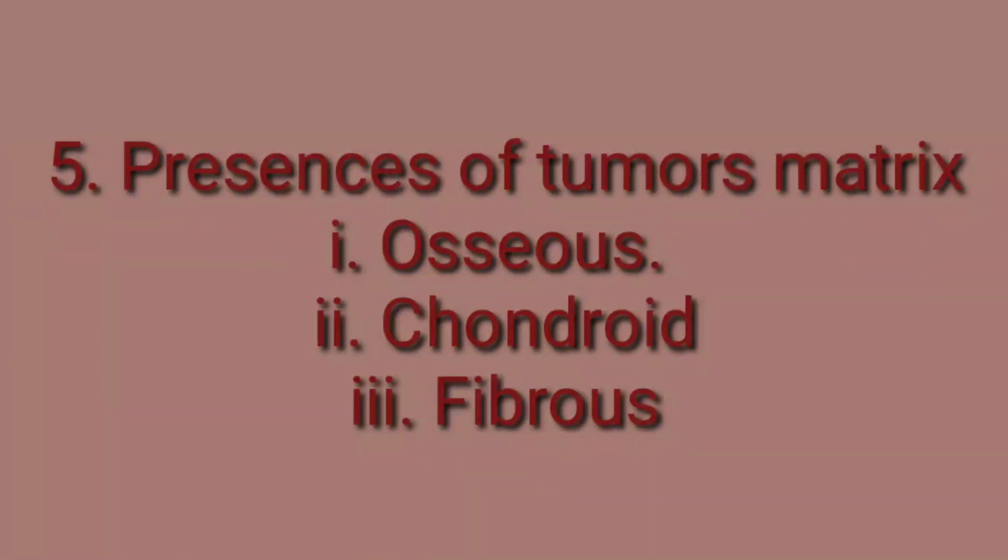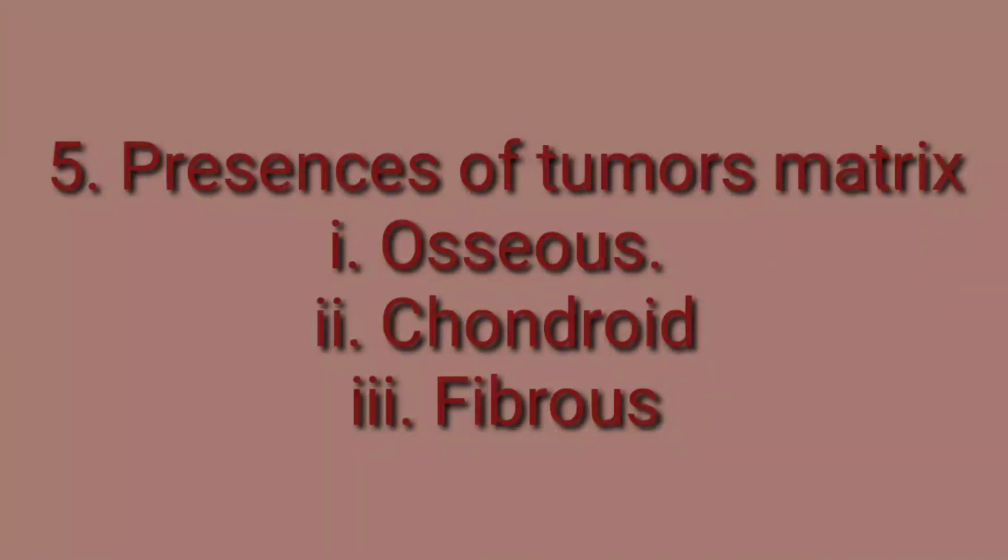Tumor matrix is classified into three categories. It may be osseous, it may be chondroid, or it may be fibrous. Osseous matrix would be seen in osteosarcoma, while chondroid matrix can be seen in osteochondroma and in chondroma. And so far as the fibrous matrix is concerned, it will appear as ground glass, and it is usually